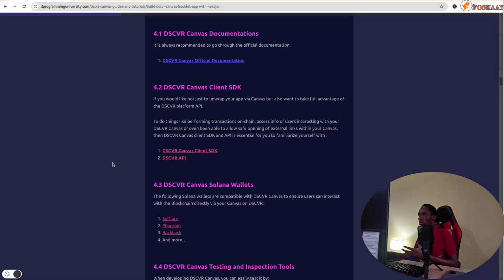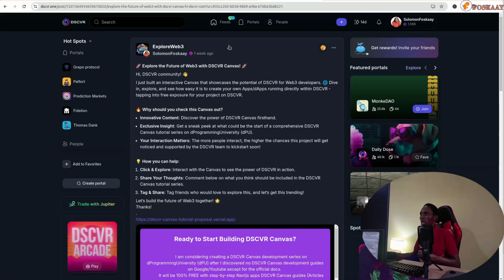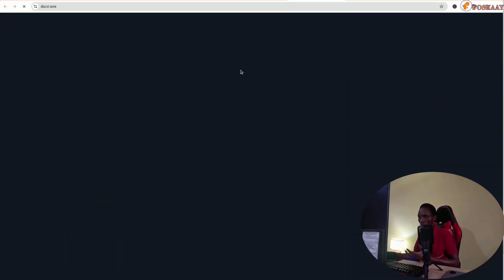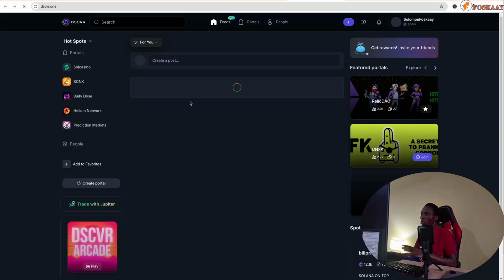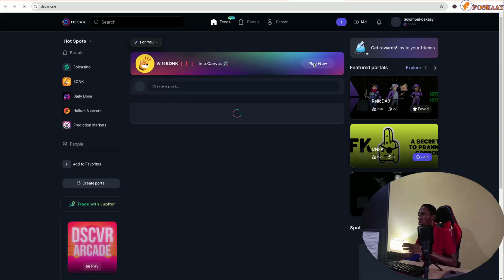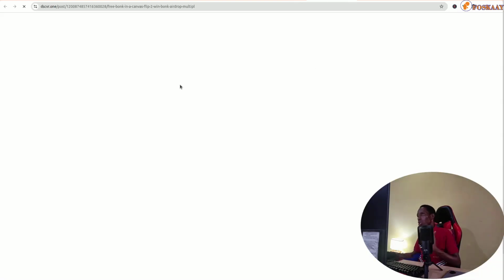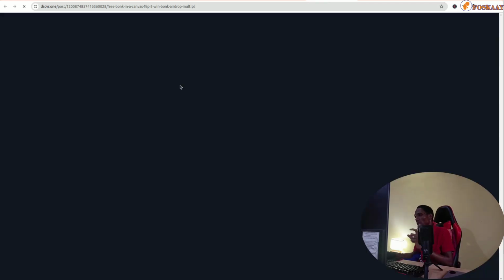Now, the other things like the Canva Client SDK. This gives you all this API, because they also have an API which gives you access to, because this is a social media, you may want to build a Canva. For example, there's a particular Canva I was playing with, it's like you can earn bonks, but you need to do a particular thing before you can do that. In this Canva, you will need to click a particular